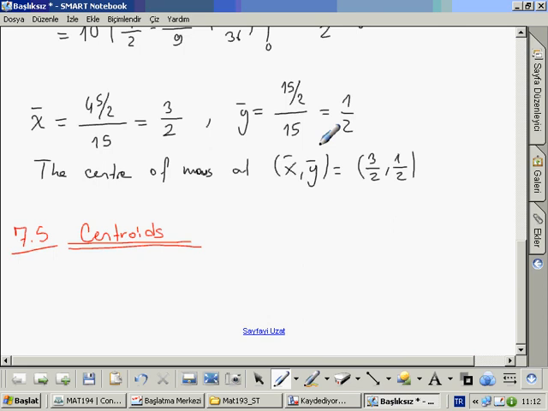If the center of mass depends only on the shape of the object, that is, on geometric properties of the region occupied by the object, we call it the centroid of the region, okay, and the centroids can be calculated using the same formulas as those used for centers of mass, which I talked about in the previous lectures, except that the density, being constant, is taken to be unity, so the mass